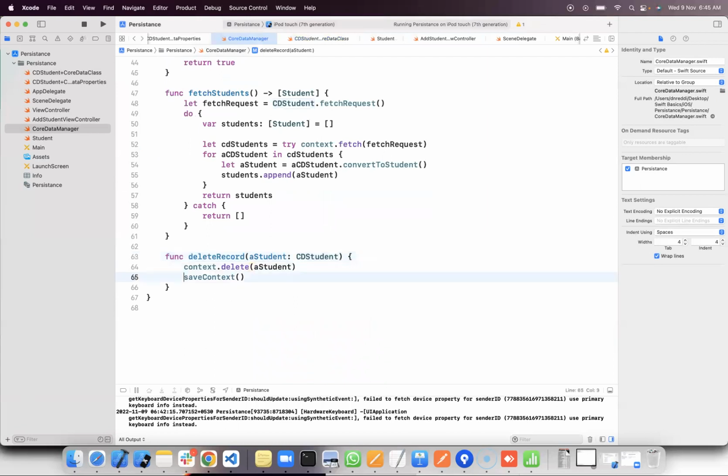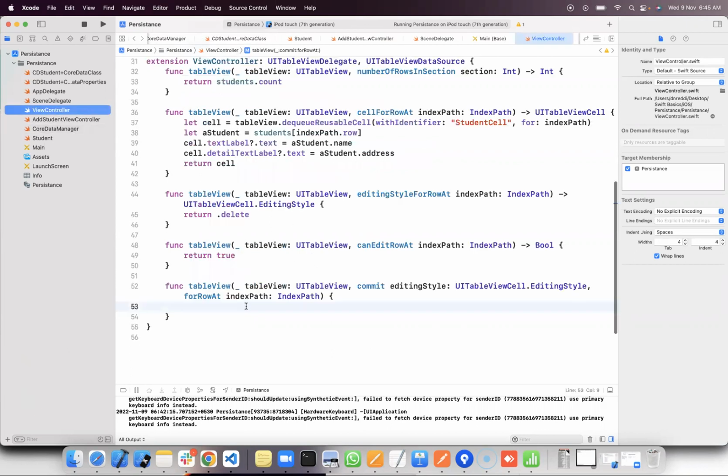Deleting it, saving it. Even if you delete and do not save it, it is not actually deleted and the results will not be reflected. As and when you perform any operation on the context, you just save it. And once you save it, what we need to do is here, we can ask